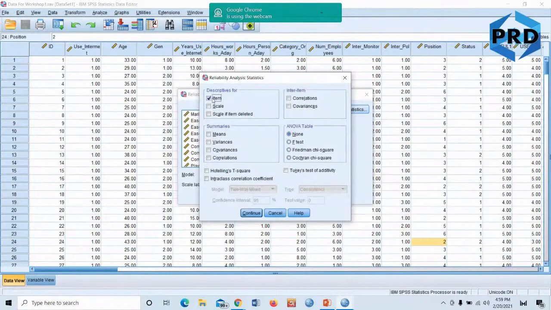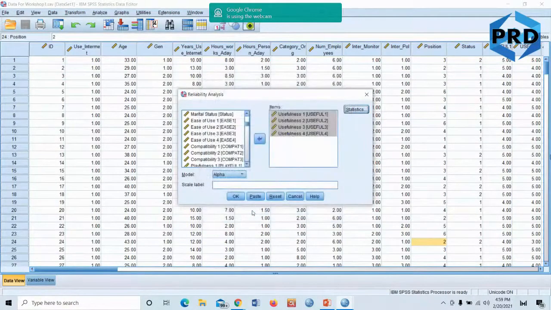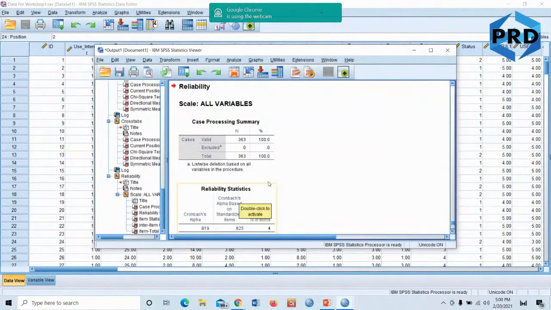So we click on item, scale, scale if item deleted, so you can see which one I'm clicking. And then inter-item correlation, that's it. We do not need anything more than that. These 3 are enough. So we click continue, and then we click OK.